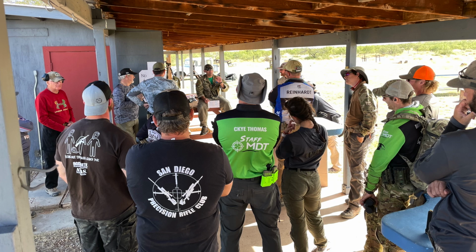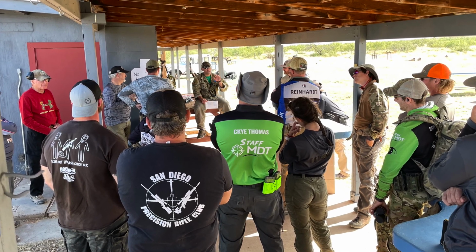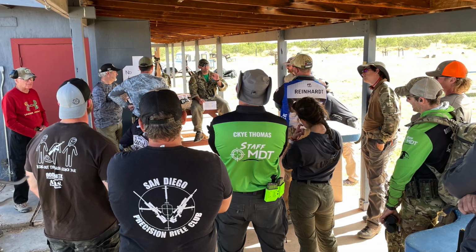It was an okay choice, but I quickly can see why the SkyPod was made, and it really was made for that style of competition. In fact, Sky himself was out there at the match, shooting in the match, did very well. I can understand if that's the kind of match that he designed these bipods for. It makes perfect sense to me now, because a double pull SkyPod in that environment could have solved a lot